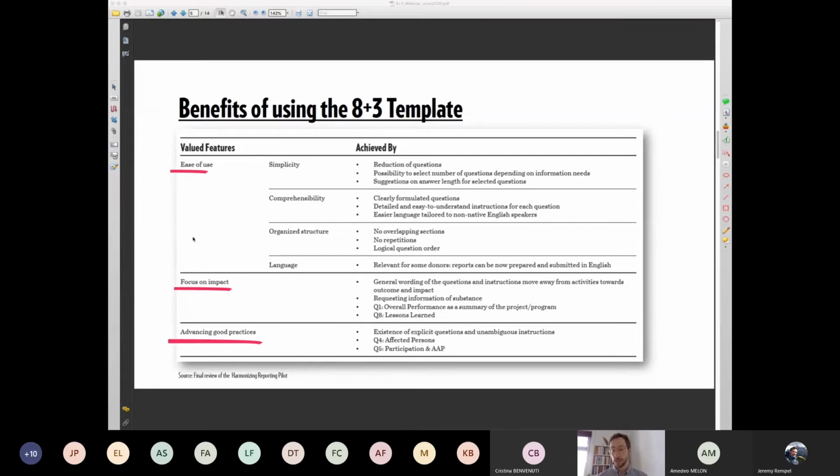The language of the template is in a way that it's easy to understand also for non-native English speakers. I think that's important. So ease of use is something that partners who reported using the template emphasized. It's a focus on impact. That's also something that many of the partners are quite happy about, that it's not only talking about actions and processes perhaps, and